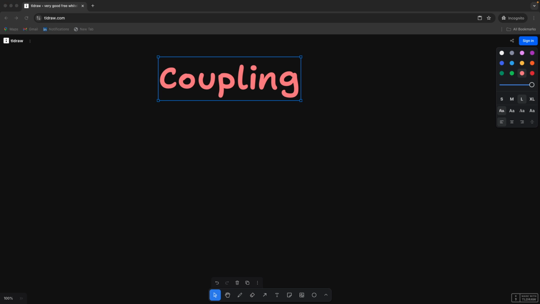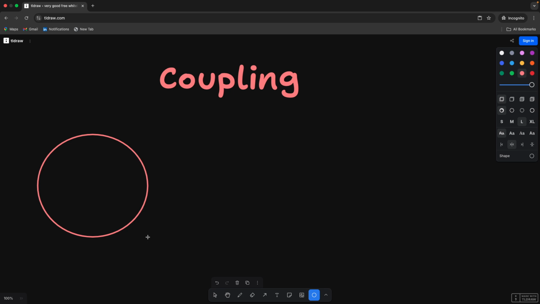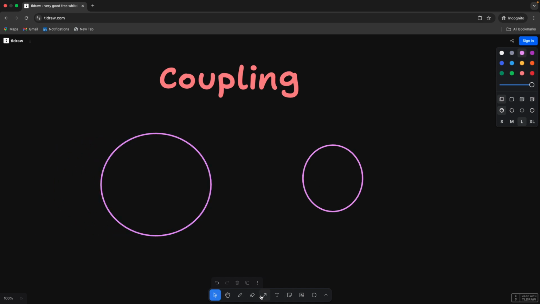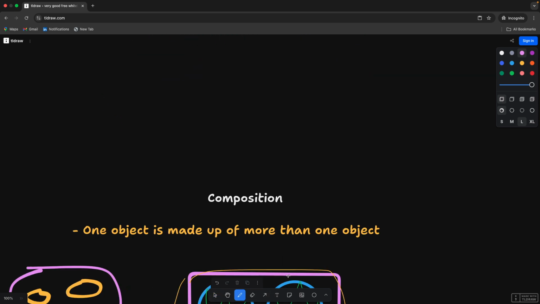So coupling is basically how dependent one class is on the other. Basically, the ability to measure how two classes are related to each other is what is called coupling. How this is related to the other is what we say as coupling, right? I have two classes over here. Now when we say coupling,